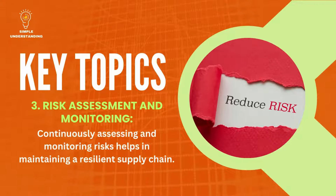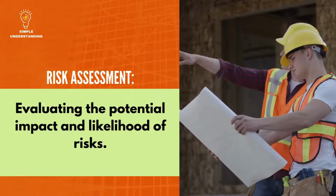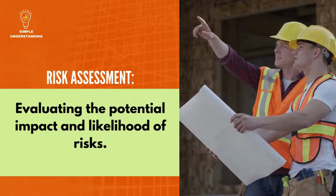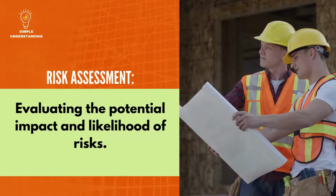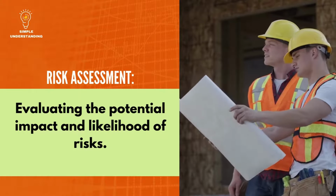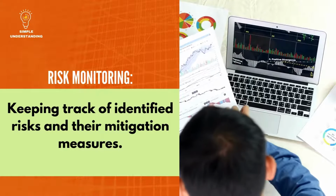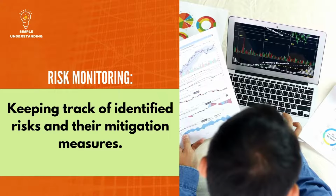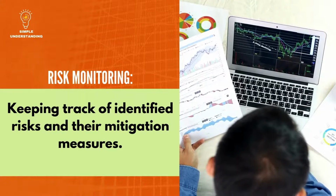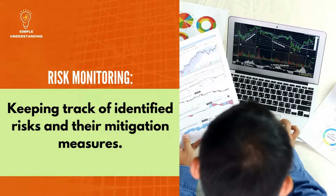3. Risk assessment and monitoring. Continuously assessing and monitoring risks helps in maintaining a resilient supply chain. A. Risk assessment. Role: evaluating the potential impact and likelihood of risks. Example: conducting regular risk assessments to identify new risks and reassess existing ones, ensuring that risk management strategies remain effective. B. Risk monitoring. Role: keeping track of identified risks and their mitigation measures. Example: using key risk indicators, KRIs, to monitor risks and ensure that they are within acceptable limits, allowing for timely